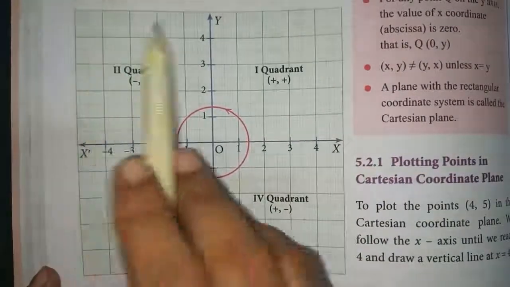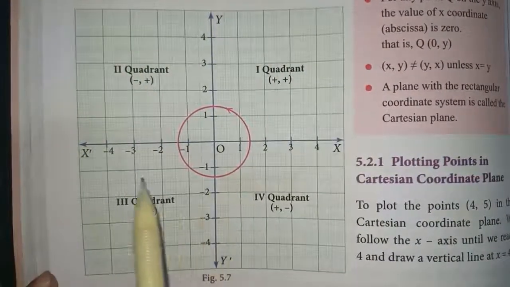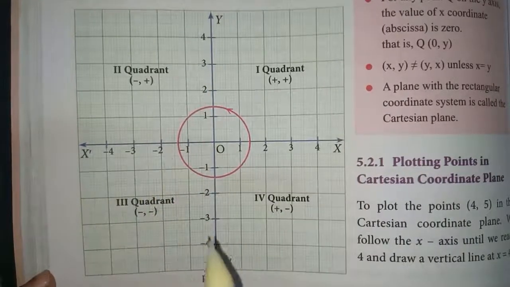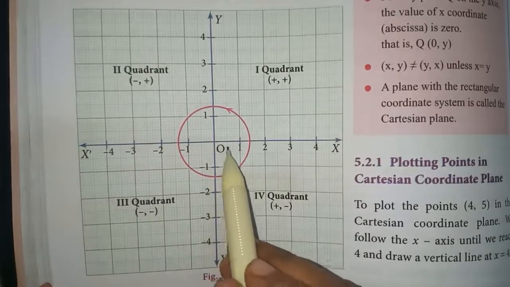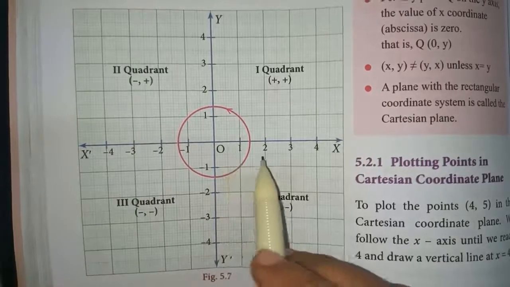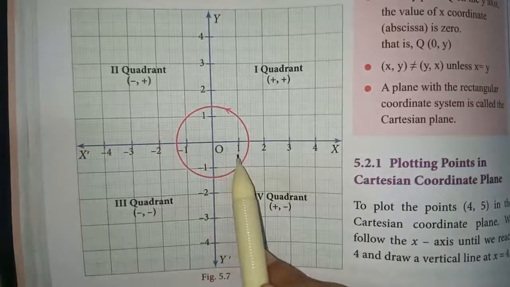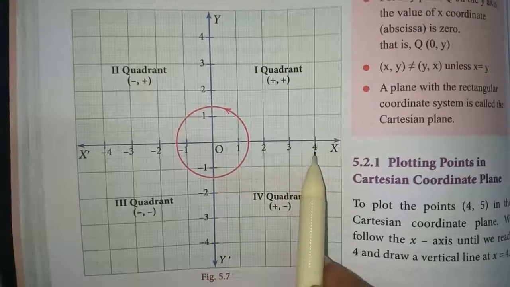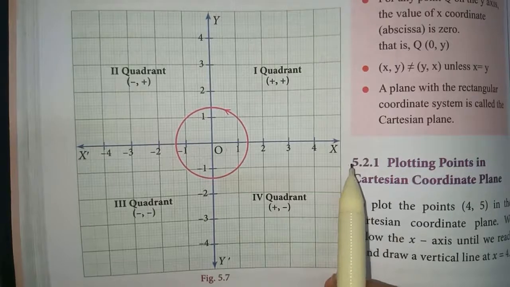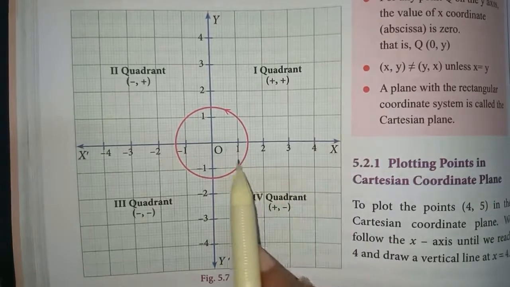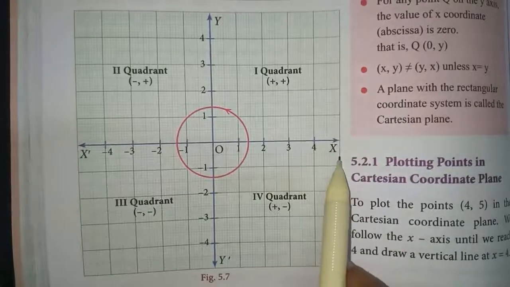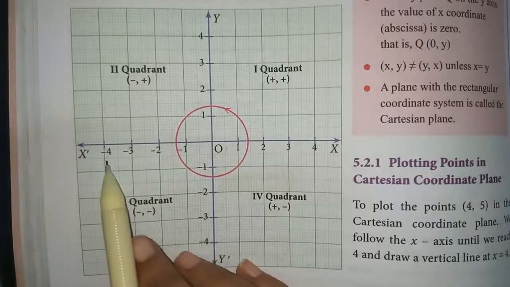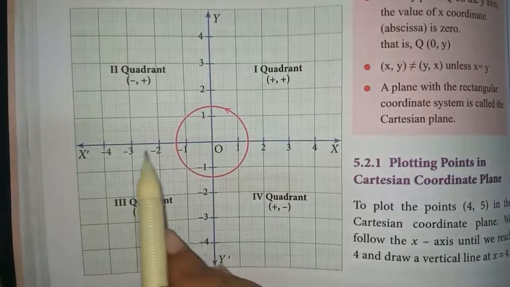So imagine this is a graph paper. You just divide the graph paper into 4 equal parts. So you can see the intersection of two lines is nothing but the center, that is O. Then here each you have to measure 1 centimeter. So you just mark it as 1, 2, 3, 4 etc. It goes on up to the graph paper. So this is the positive integers. So it is x. And here -1, -2, -3, -4 etc. goes on. These are all negative integers.